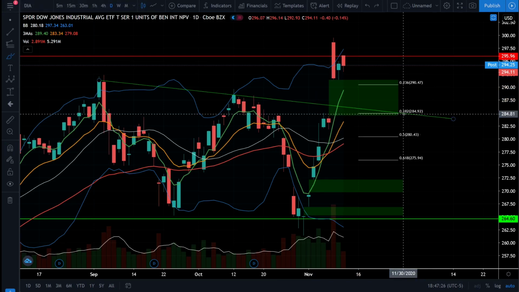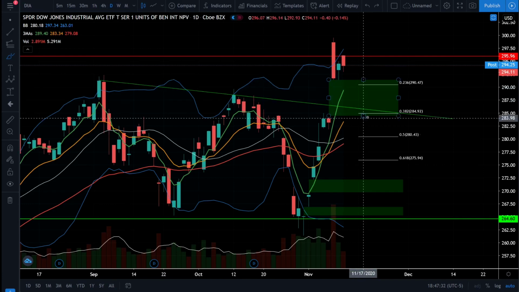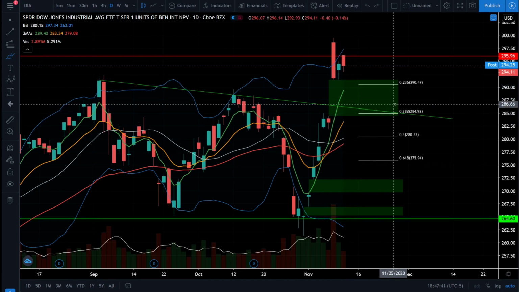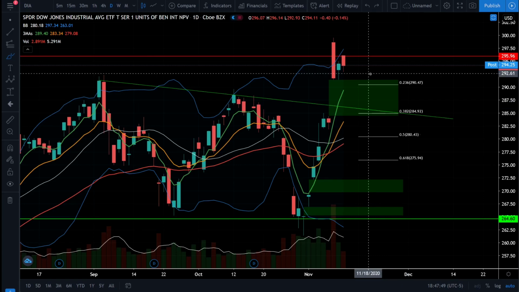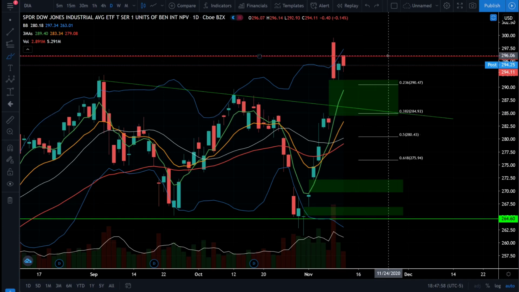That'll bring us down to the 284 price target, and we could also find support at our previous resistance trend line down around that area. So right now, the Dow definitely looks like it needs to cool off some, and it's likely that we're going to close this gap somewhere around $284 before we do finally get another test of the all-time high resistance level.